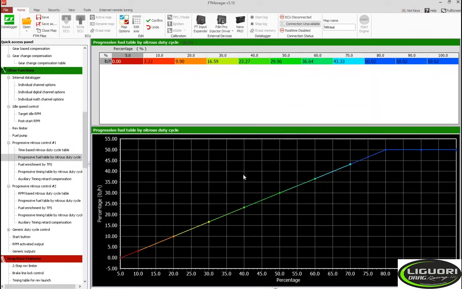So we'll go back to the fuel table. That's why I have 80% here. And at 10%, it's really not doing anything, but it's still going to add that little bit of fuel before the nitrous kicks on. And this is just a good starting point. Like I said,